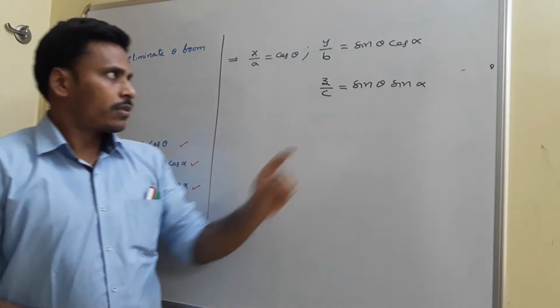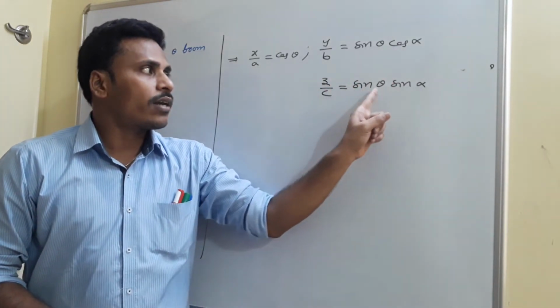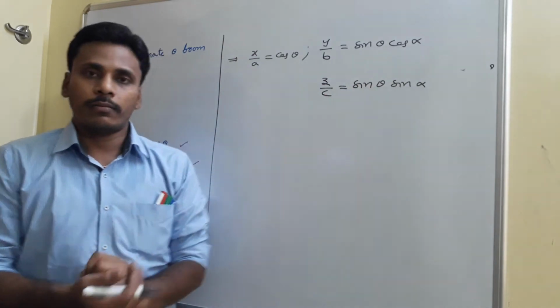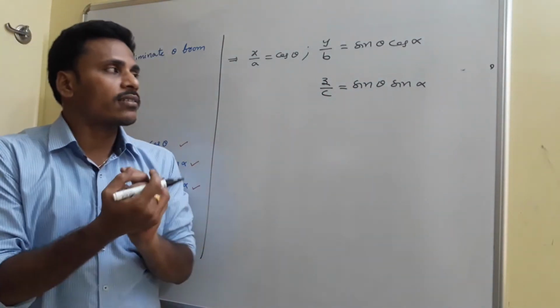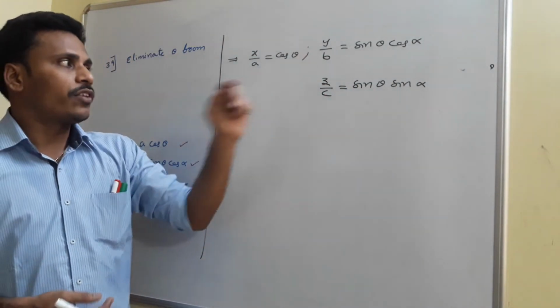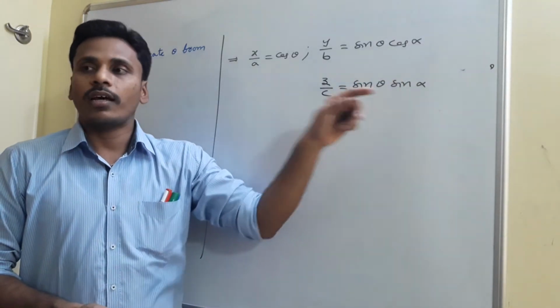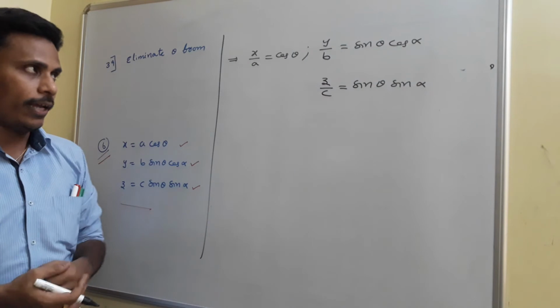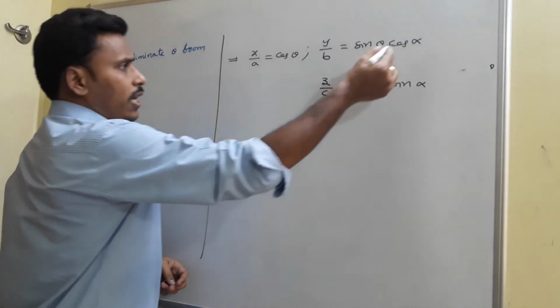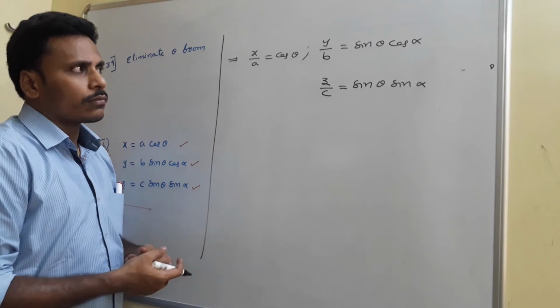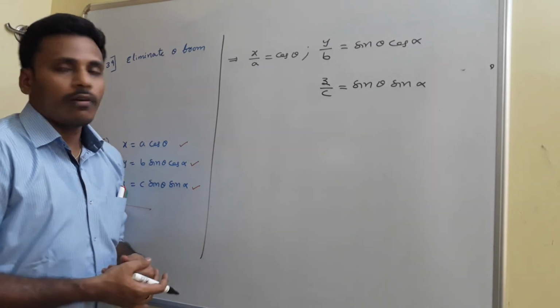Wait a minute for this. And this is sin theta cos alpha and sin theta sin alpha. In both the terms, sin theta is common. So you need a chance to take sin theta out if you add these two. But if you take out sin theta, you get cos alpha plus sin alpha. You need to think for a while, right? See, cos alpha plus sin alpha, we cannot use it directly.